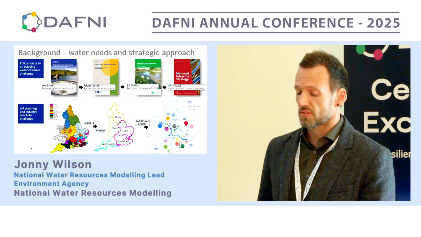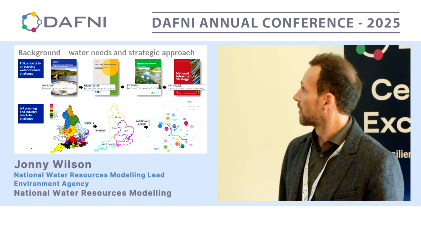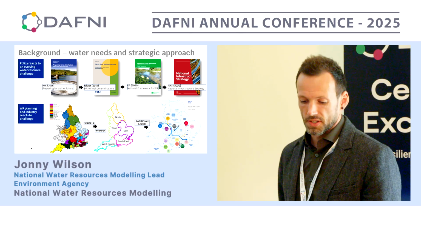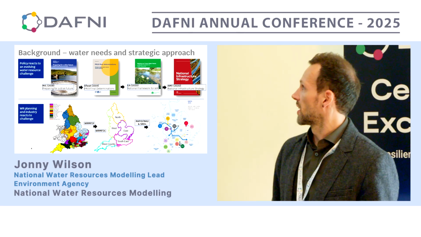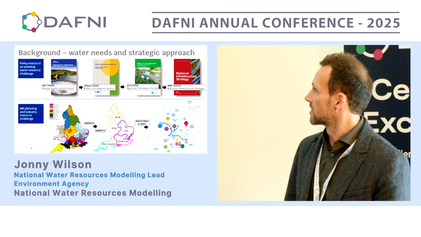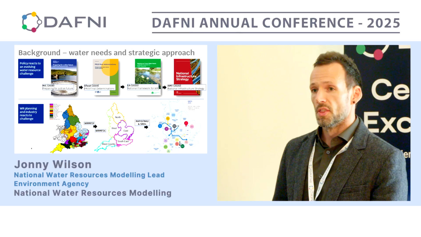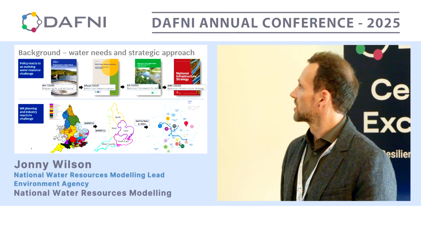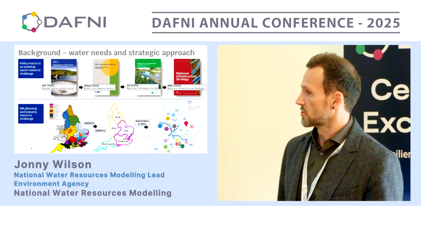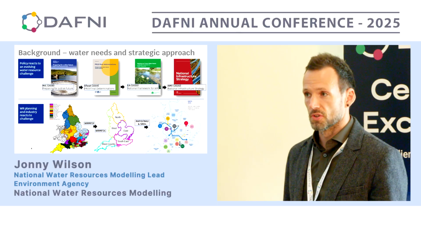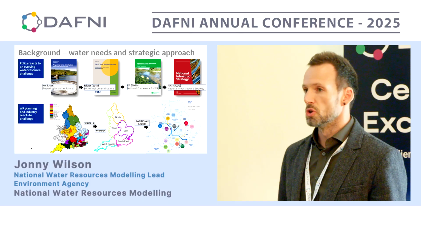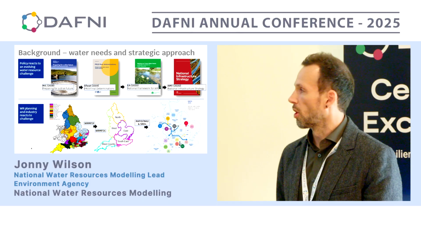Just after the publication of the national framework, we also had the creation of RAPID, so Regulators Alliance for Progressing Infrastructure Development, and the National Appraisal Unit, which is the team that my modelling team sits in the Environment Agency. And the remit of both of our teams, or the focus of the NAU and RAPID, is really around the strategic resource options. So those are really big new infrastructure water supply options.